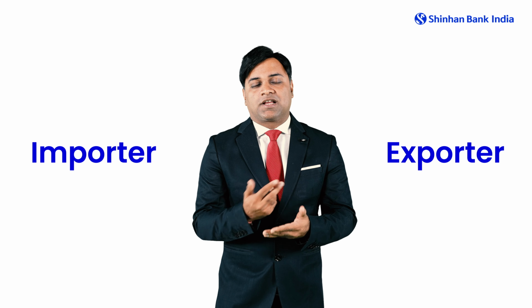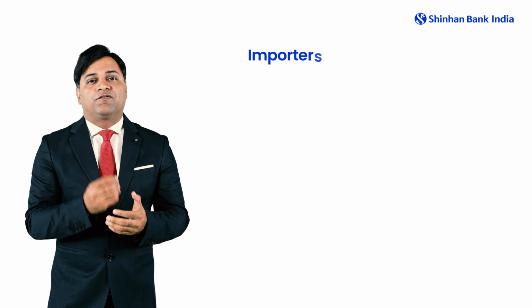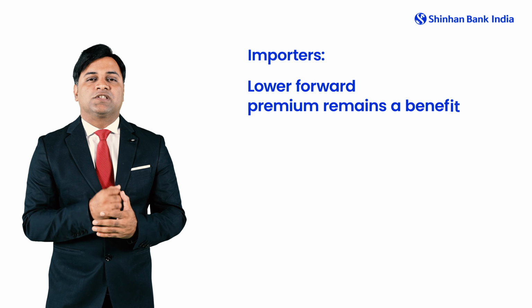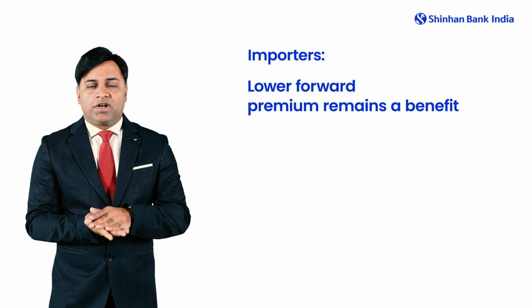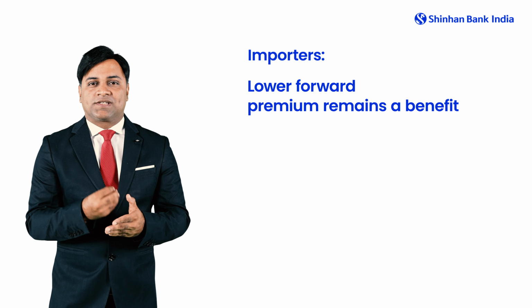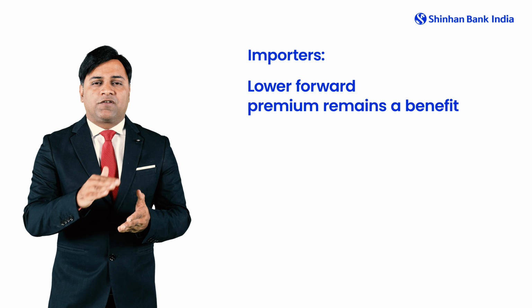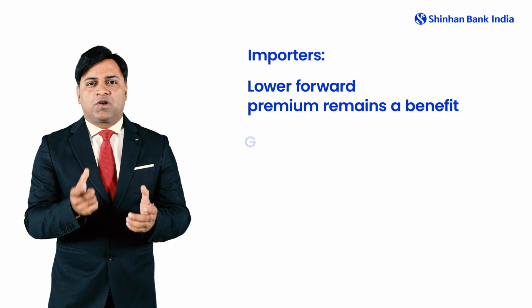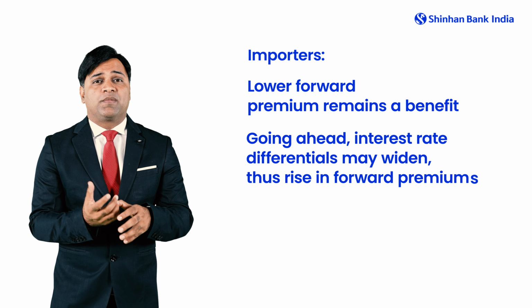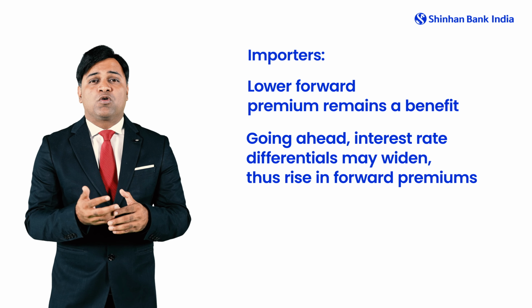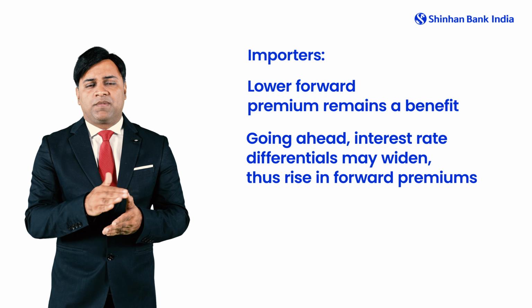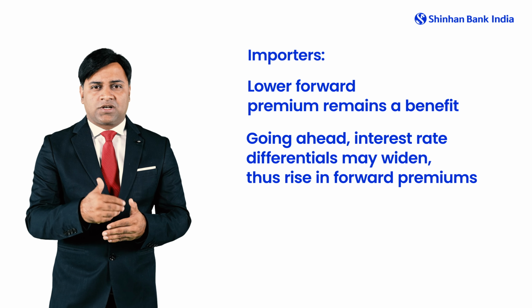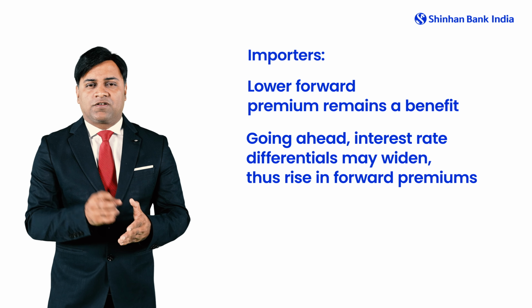Now what is our suggestion when it comes to an importer and an exporter? For an importer, we see first the forward premiums to be an important consideration, because with time we see the forward premiums rising from here. 1 year forward premiums are currently trading at 1.65%. We see it drifting towards 2% with time, because we see the interest rate differential may not remain as constant as it is now. It's about who cuts faster and who is remaining constant. So we feel the RBI may remain stagnant and the Fed with time may start cutting rates comparatively faster,